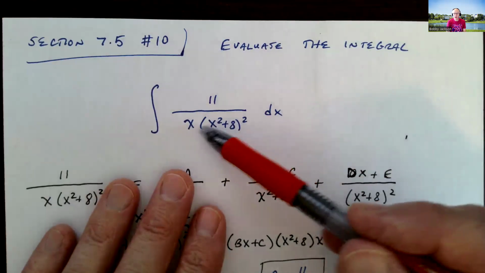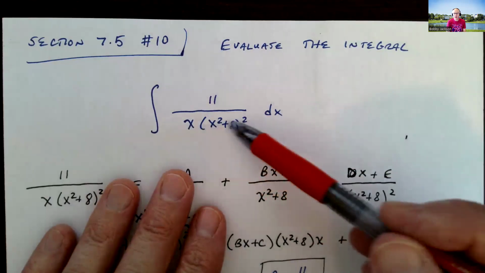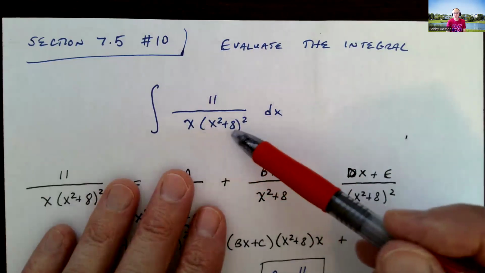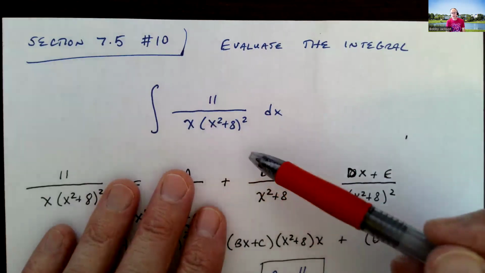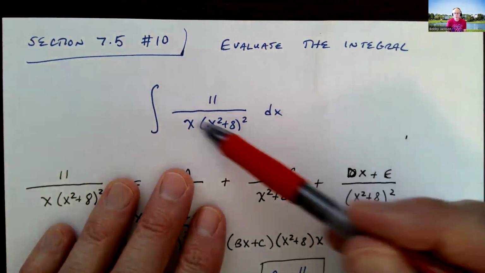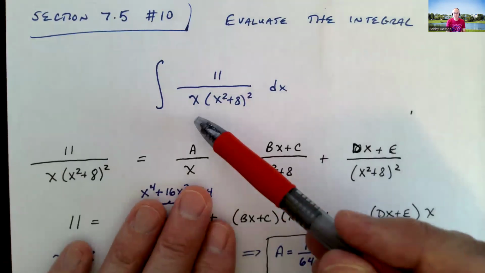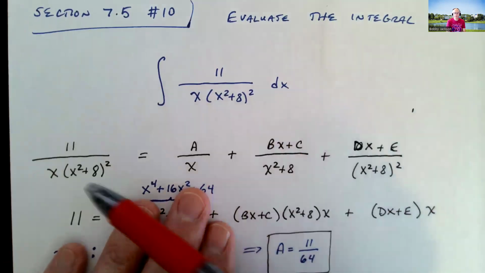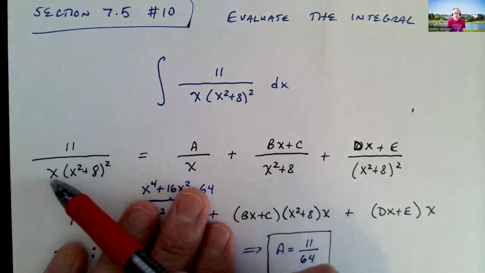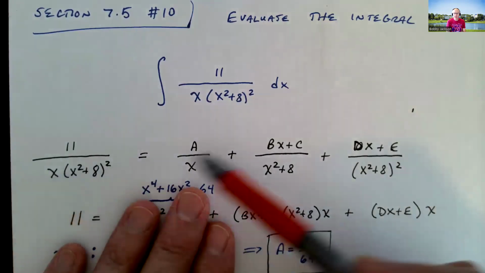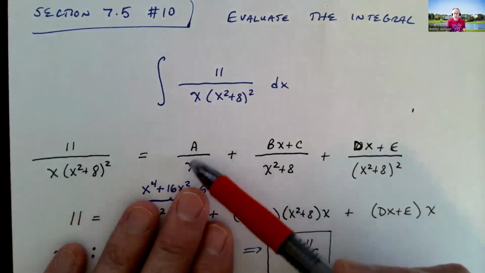If we were to expand this out, x times this will be x to the fourth plus smaller powers of x, and so x times x to the fourth is x to the fifth. Okay, so it is in a form that we can try and break up. Notice the denominator has been factored for us. So we have one linear factor of x that gives us one possible fraction in our decomposition, a constant value